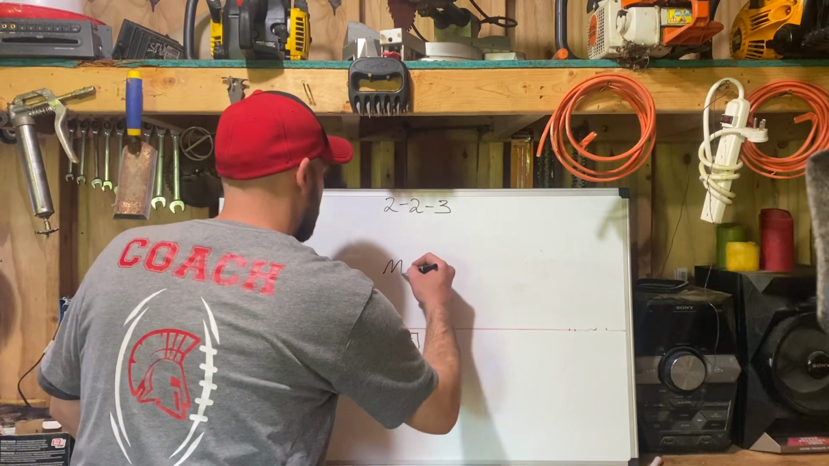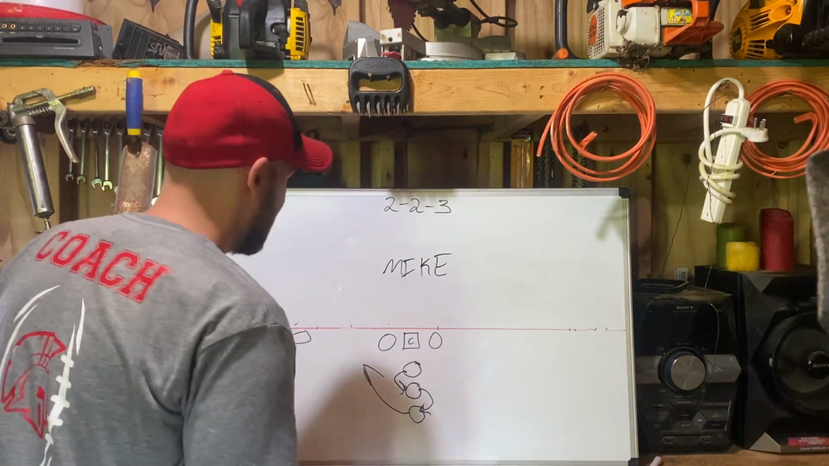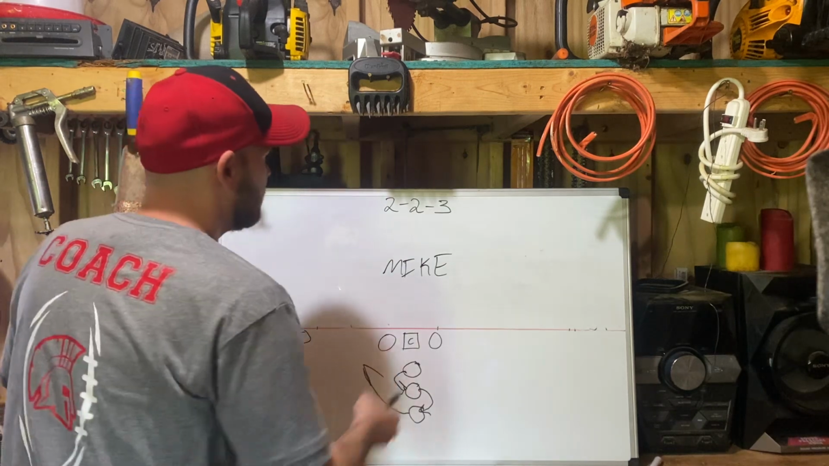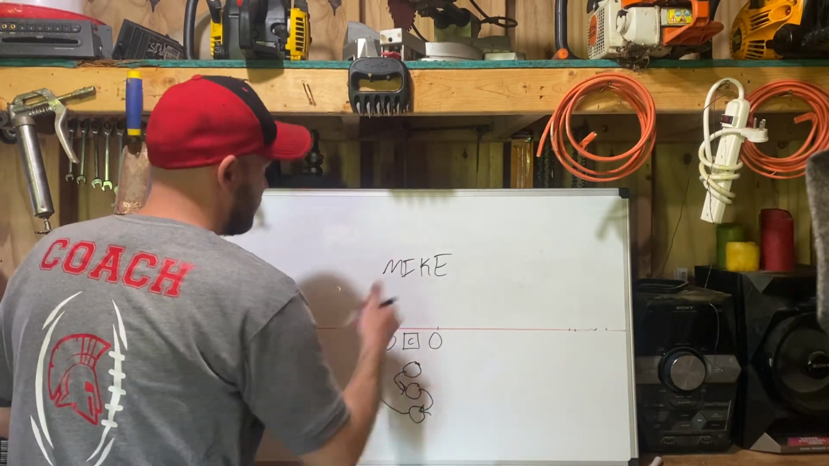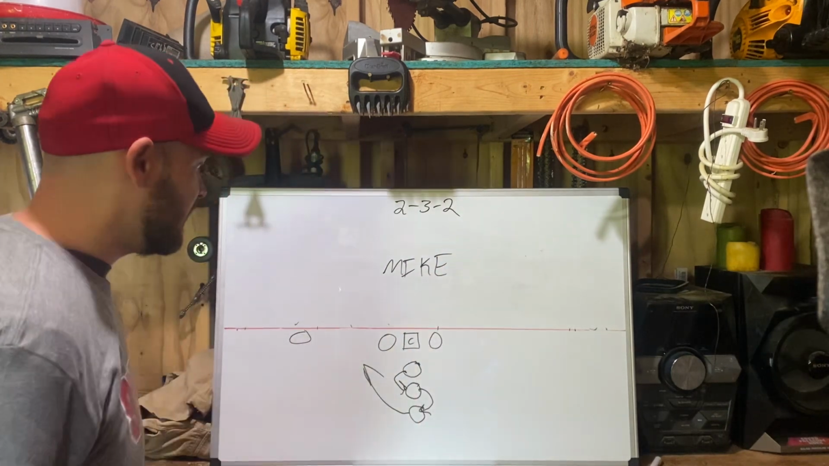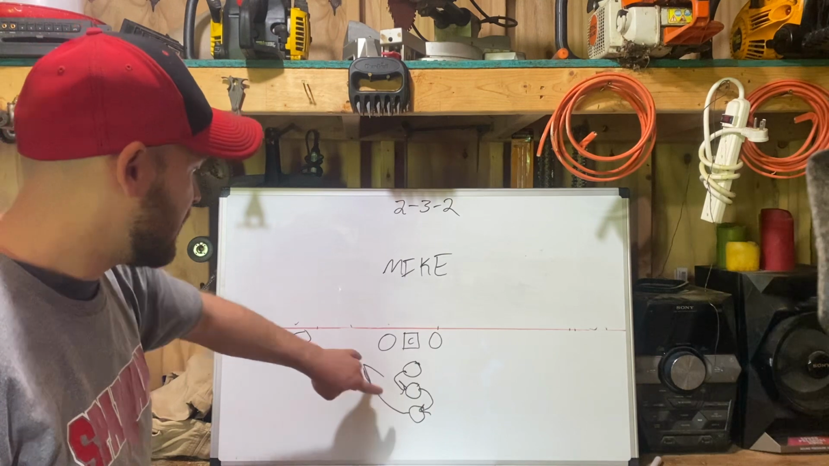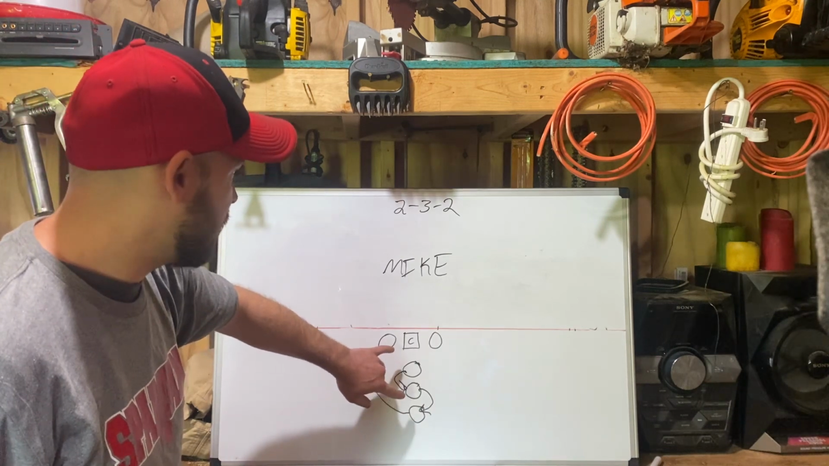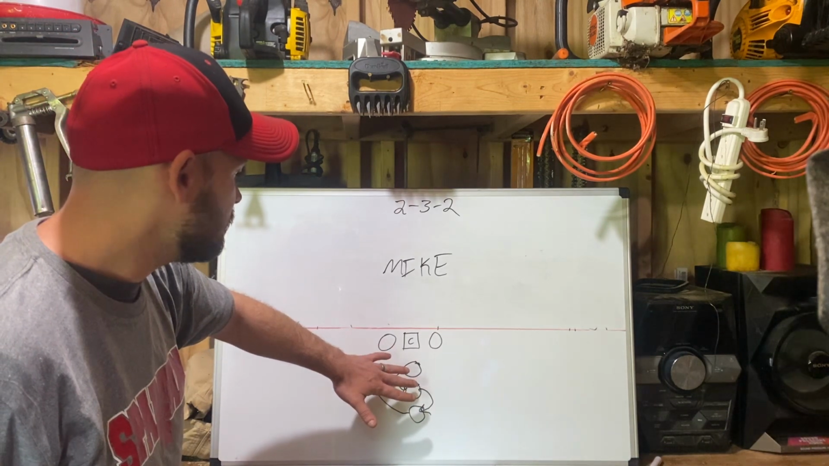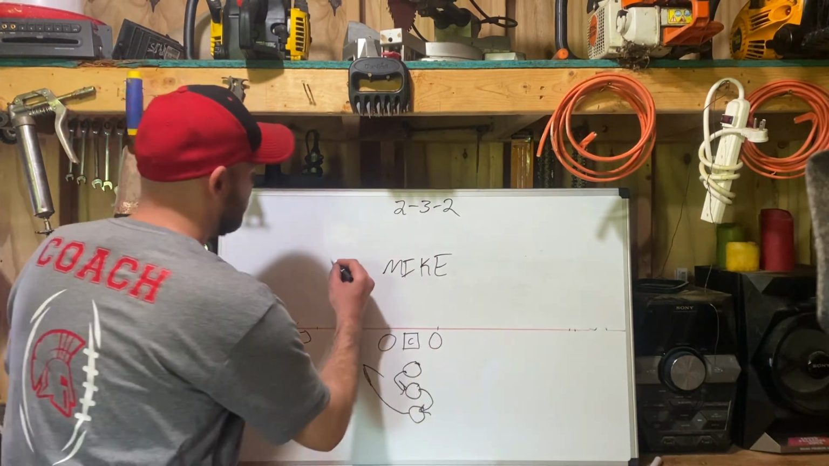So, Mike. Now in this case, actually, we're not going to run a 2-2-3. We're going to run a 2-3-2. Why? Because I don't need two cornerbacks at this point. I forgot what I was saying. Doesn't matter. Let's go. So, Sam,